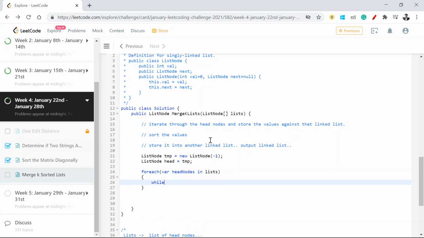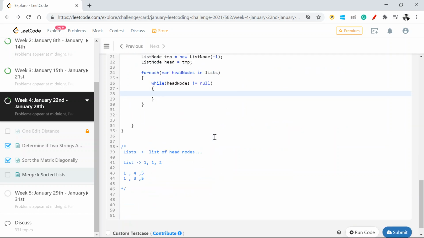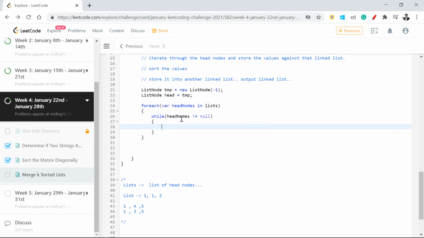While my head node is not equal to null, that means I have to iterate horizontally for that particular head node, right? We'll store this into a list. So I have to add this value into the list, head node dot val, right?